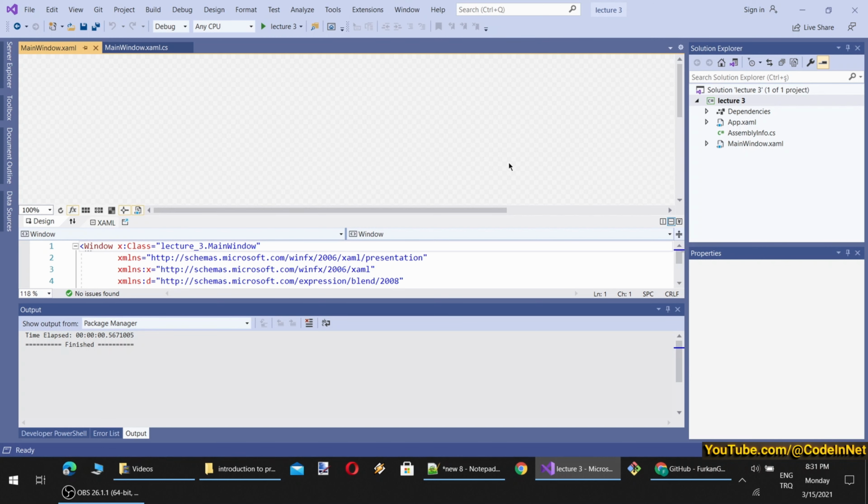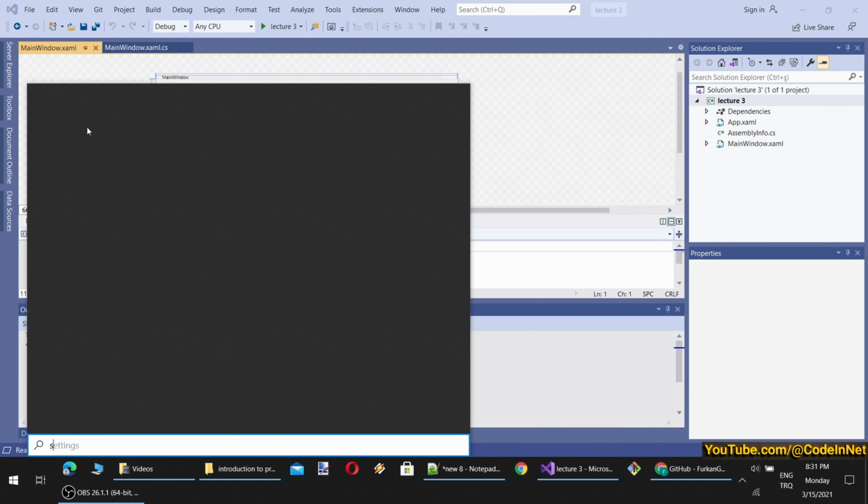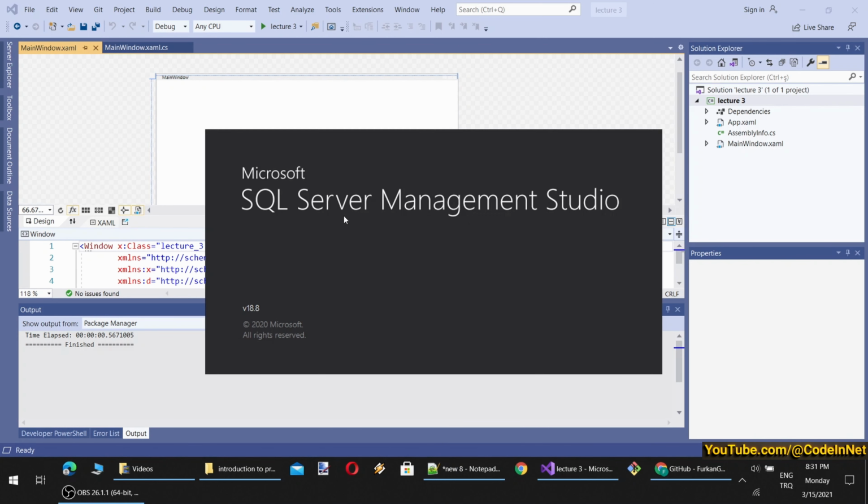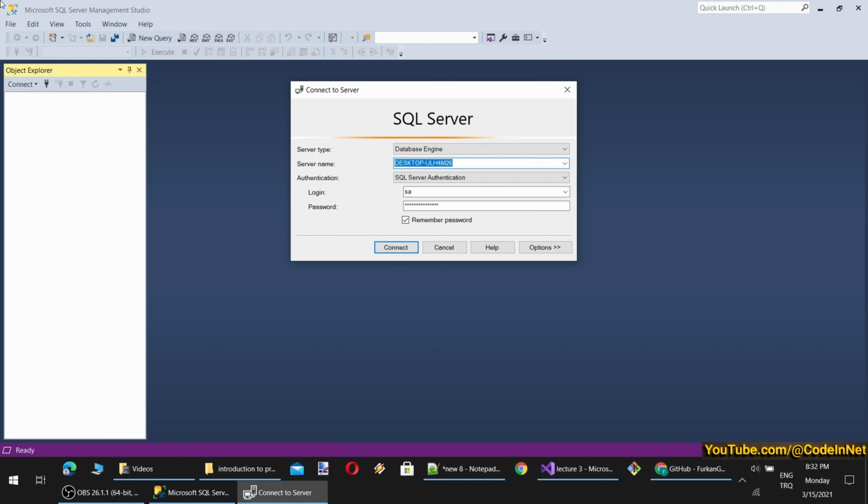Let's also open our SQL Server Management Studio, because usually I design my database and tables from SQL Server Management Studio and then do the operations with my program. So for designing tables, structures, indexes, columns, basically the database, using SQL Server Management Studio is better. You see, I can either log in with SA, System Administrator, or Windows Authentication. This is the more common way. Either way works. Let's connect with Windows Authentication.